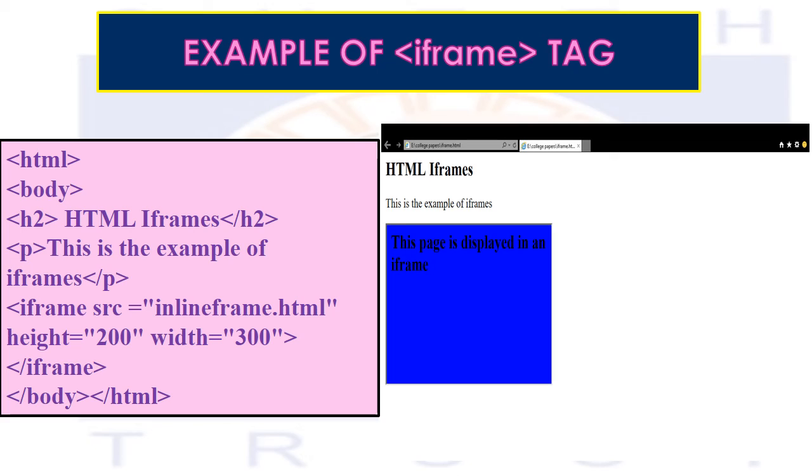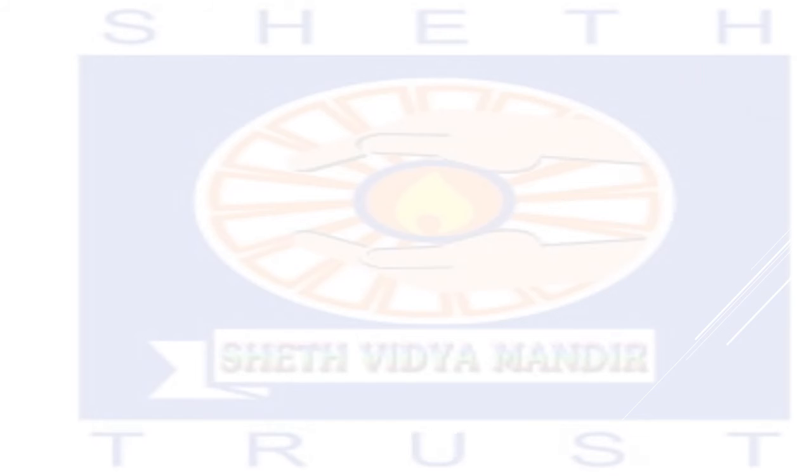So this blue color which you can see, this is the iframe. You can see there is no border, there is no margins, right? It is as simple as it is a frame, but exactly it is inside the frame. That is why it is termed as iframe. Okay, let us move ahead, students.